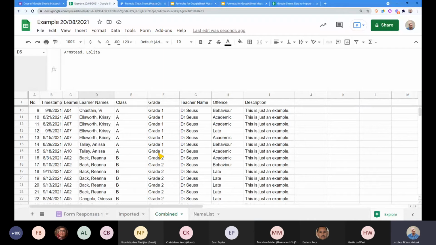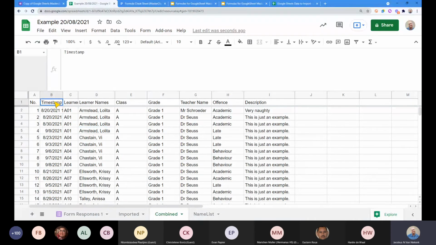Now, obviously, we want to take it even further than this, but getting to this point, before I say anything else, is such an important step, because now we actually have what is kind of like your database. Whatever else you want to do is going to be entirely reliant on how you set this up.